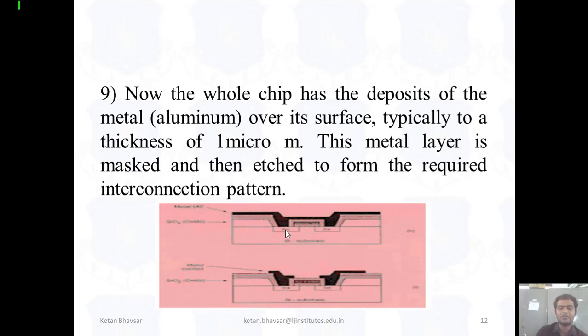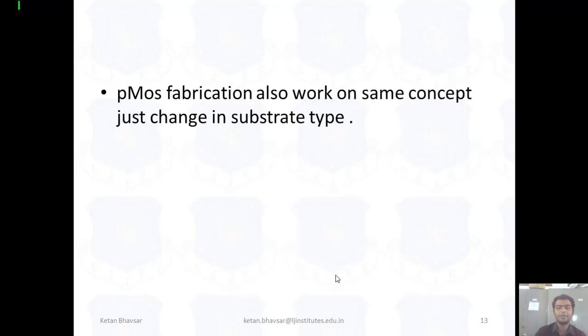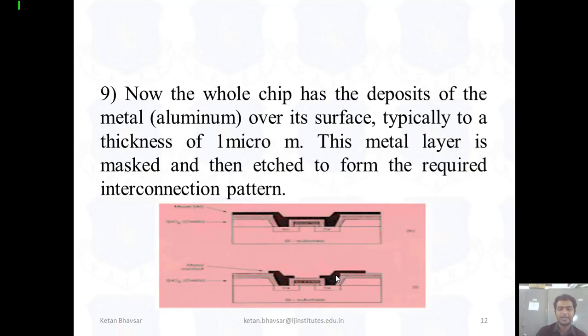You have a substrate, you have impurities, we add a SiO2 layer. After that we put a metallic connection on the surface, and again we provide the metallic connections. It will look like this. We etch this particular area and we remove this particular metallic connection from the substrate. So finally it will look like this, your substrate, as you can see. So finally your image or your final mask looks like this. Fine.